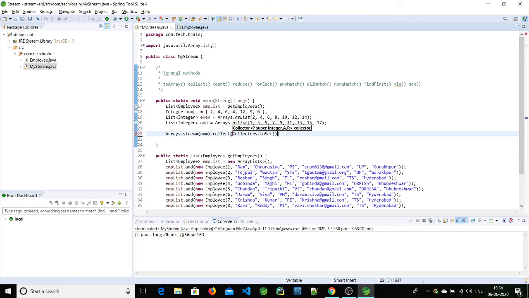I'm going to collect as a set, and here I'm going to initialize a variable, a Set of Integer, intVal, and now I'm going to print this int value. Let's see what the result will be.